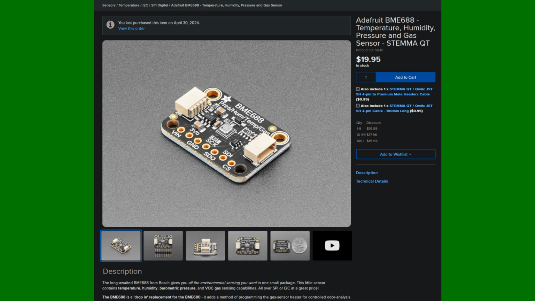So this is a pressure, humidity, temperature, and gas sensor. This has all of it in one sensor as well. And the cool thing about these particular types of sensors is that they have these hookups where you can daisy chain multiple sensors together. Makes it a lot easier instead of having to use these connections down here and connect each individual sensor or each individual connection to a breadboard and whatnot. You don't even have to use a breadboard with these types of sensors.